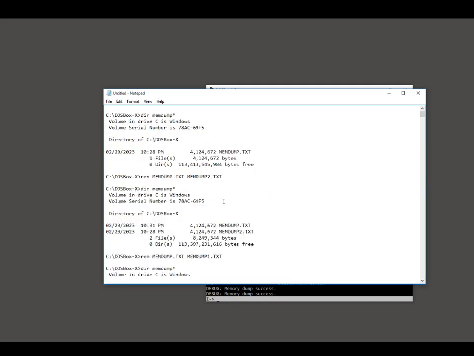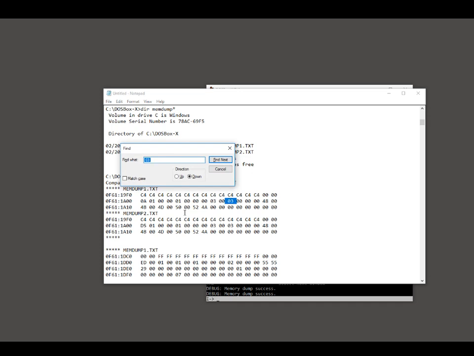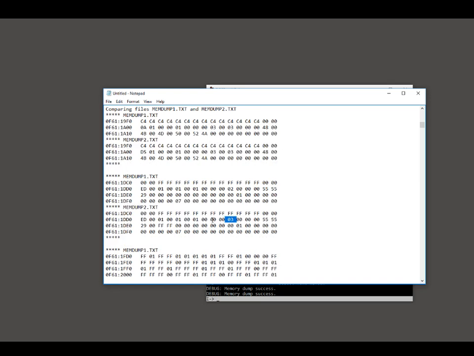Seems like a good chance that the byte we're looking for is... Which one was it? Not that, but this one here. So it's at location 0F61:1DD0, 1, 2, 3, 4, 5, 6, 7, 8, 9, A. Okay. I'm going to write that down here just as a note. So we're looking for byte